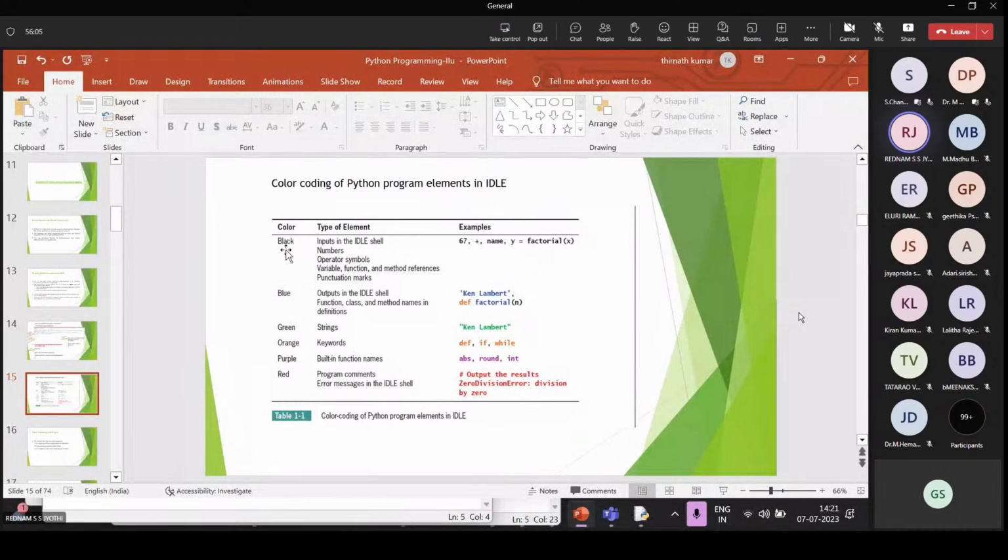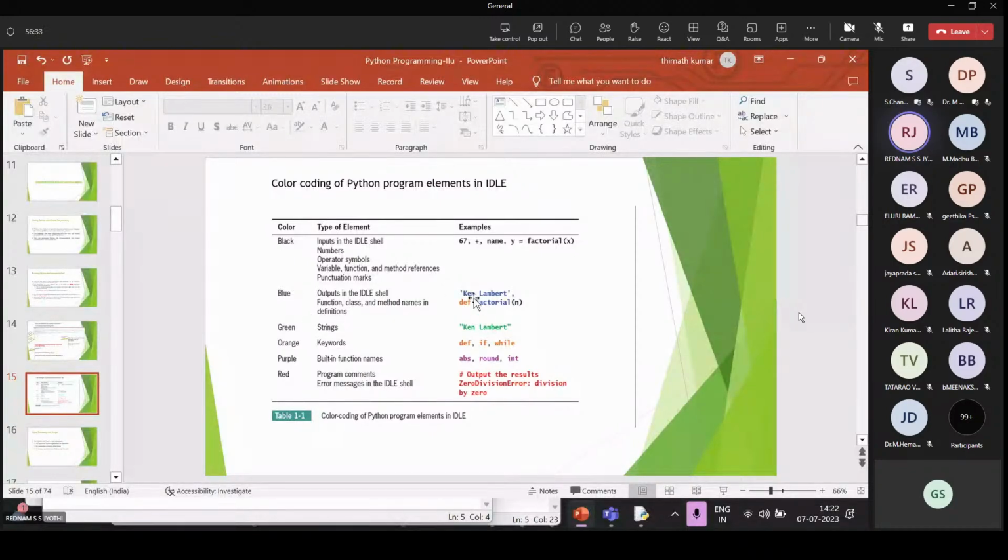Black indicates inputs in the IDLE shell: numbers, operator symbols, variables, function and method references, and punctuation marks. Blue indicates outputs in the IDLE shell and also function, class, and method names in definitions.